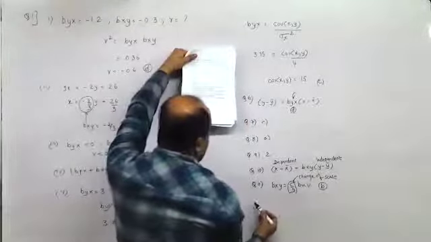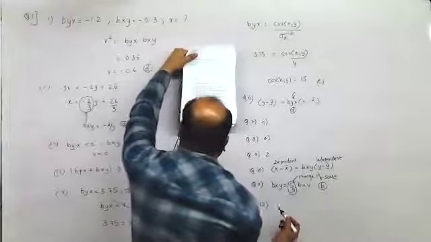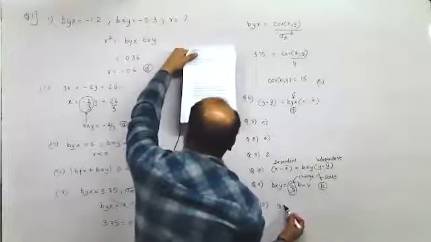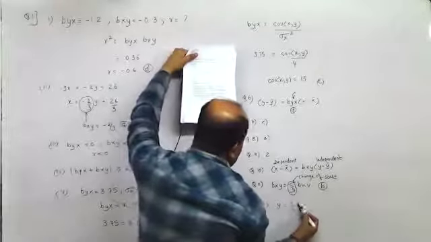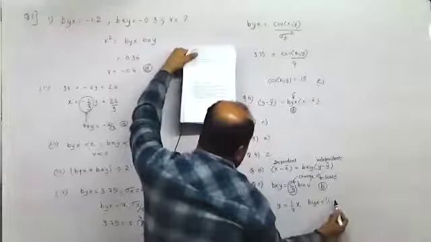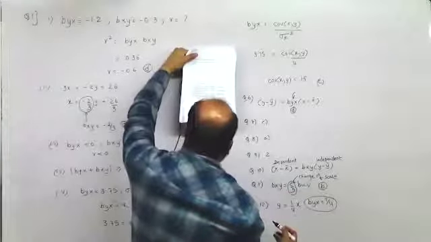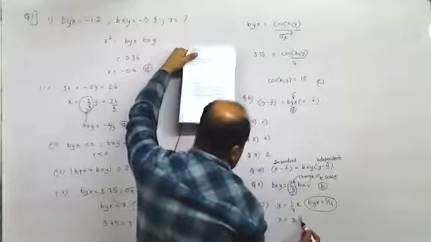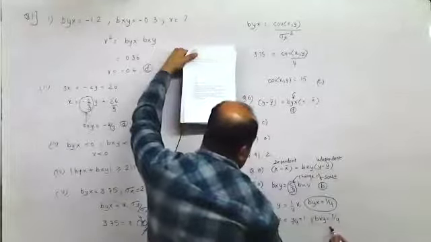If the line of regression of y on x is y equal to x by 4, this is the line of regression of y on x. So y equal to 1/4 of x is the line of regression of y on x. So byx is 1 by 4. And the line of regression of x on y is x equal to y by 9, then in that case bxy equal to 1 by 9.